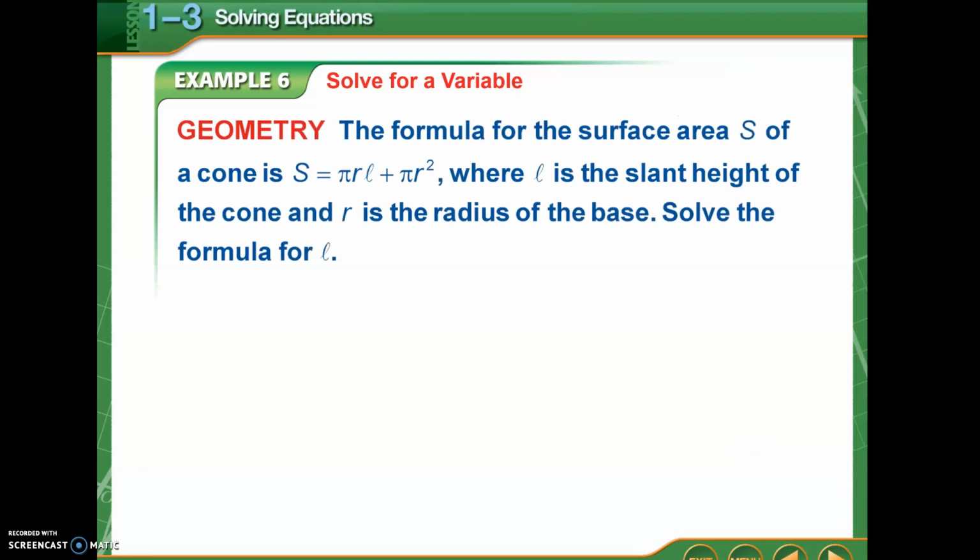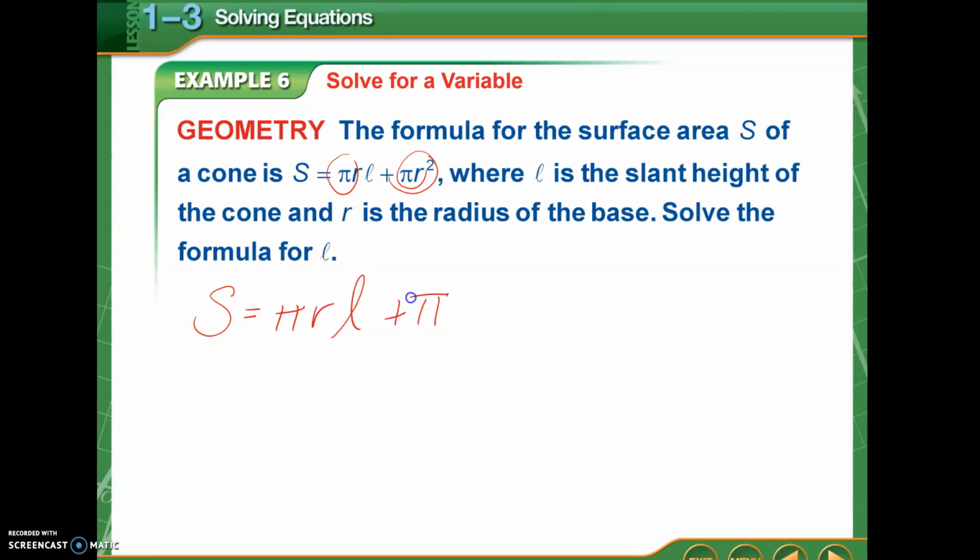All right, so we're going to look a little bit at solving for variables. This one isn't on there. Remember, our main goal is that you can solve for one variable, but mostly solving equations. This is still an equation, but if I wanted to solve for L, then you can kind of think of this as like a number. These all just represent some type of number. So if I could rewrite this,